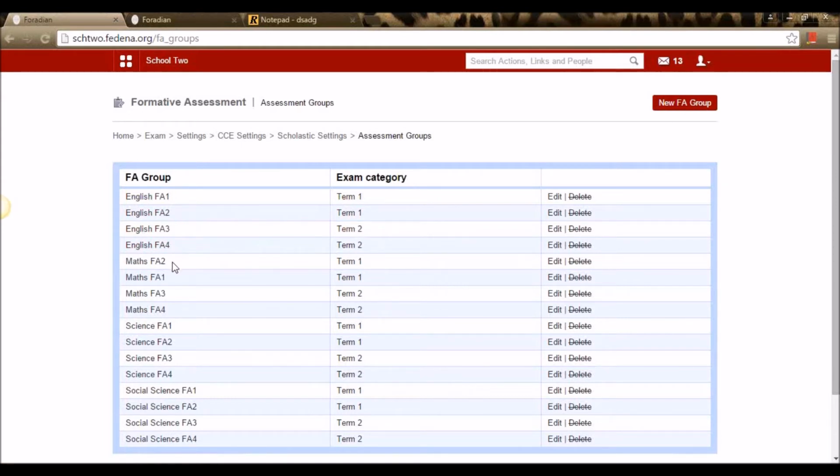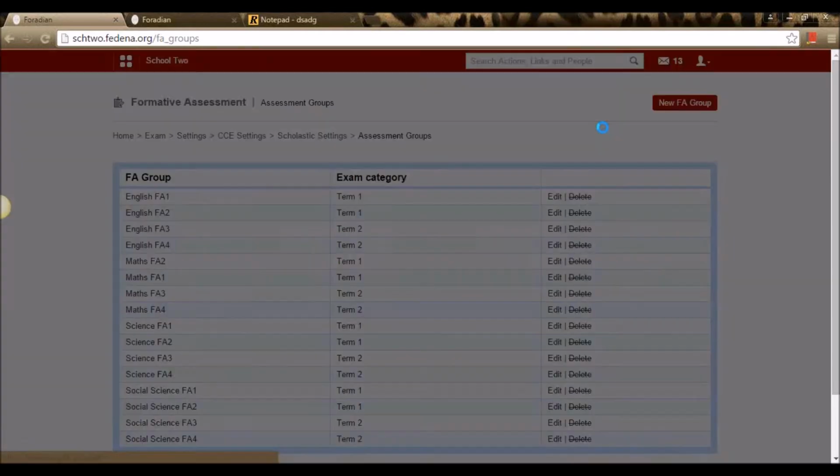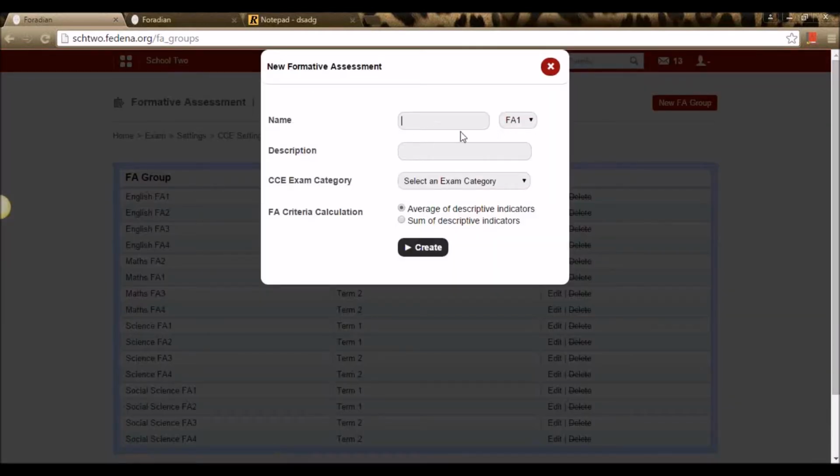The same way I have to do for every subject. So let me show. So I'm creating FA. I'm selecting the category, exam category, be it term 1.